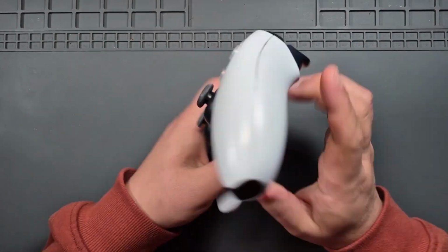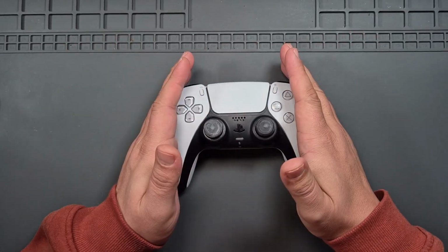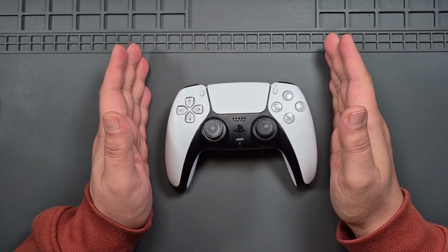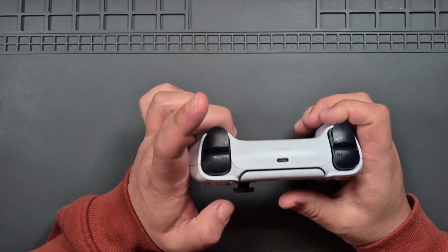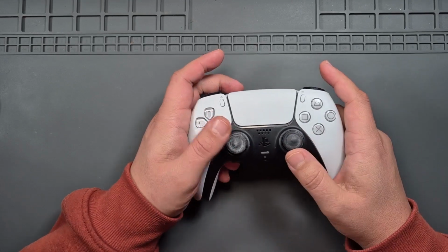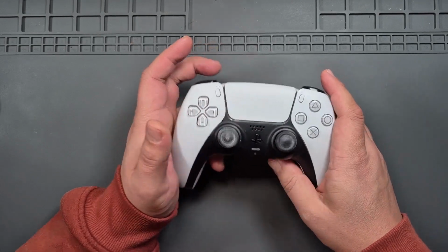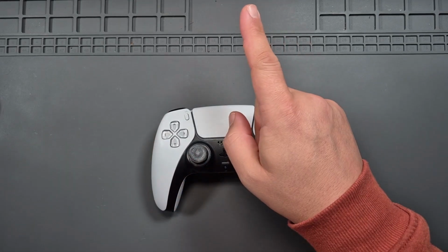Got a PlayStation 5 controller. This is a very good friend of mine, somebody I've known all my life. And he's suffering from a bit of... well, he's not suffering, the controller's suffering from a bit of drift. Only problem is I can't remember which one he said. But...